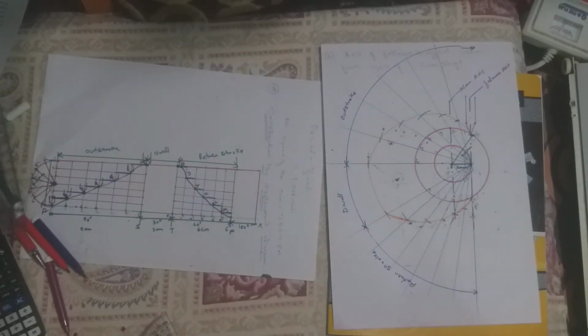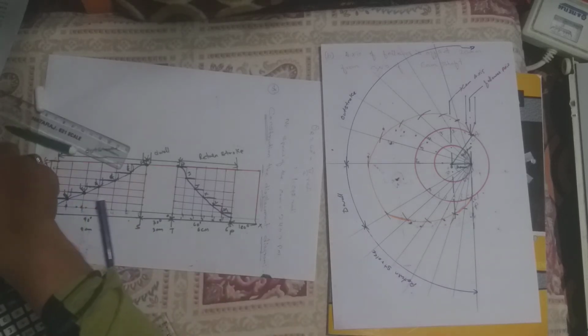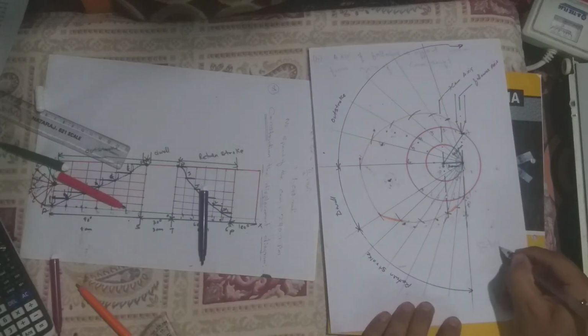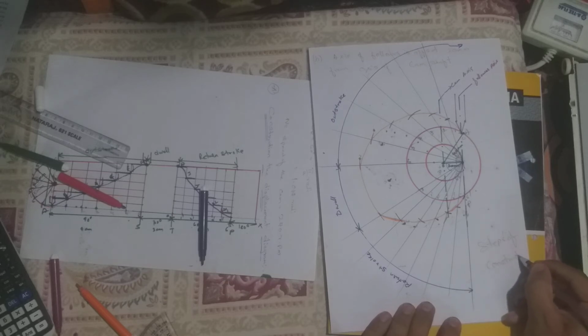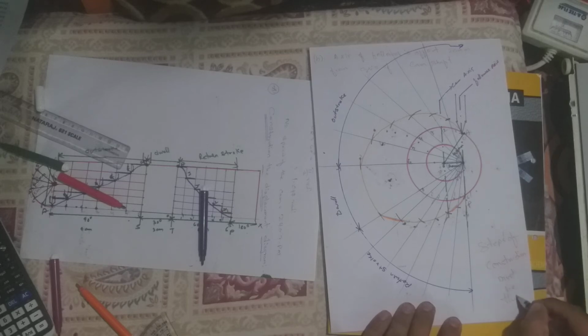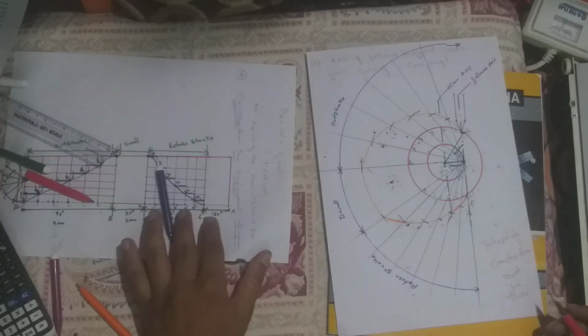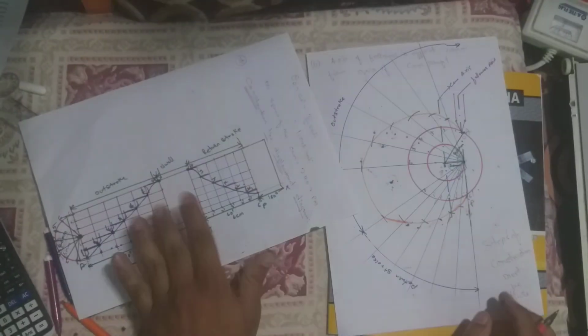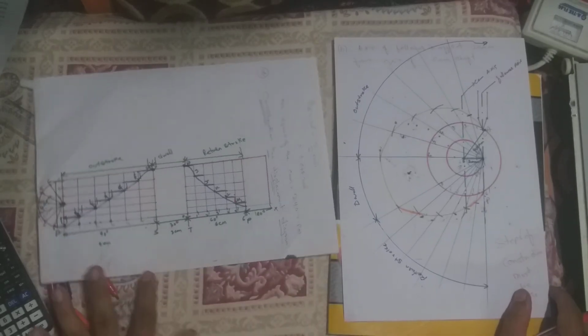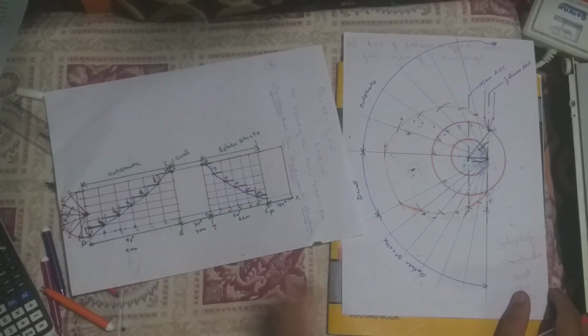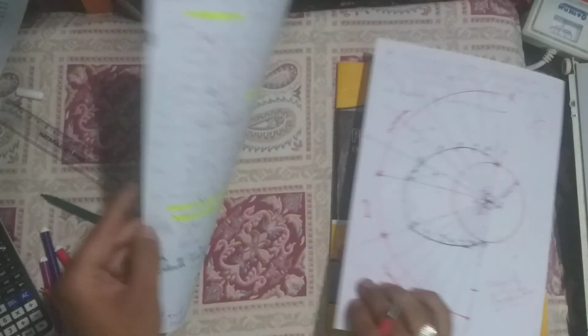So this is your axis of follower, offset by 20 mm from the axis of the camshaft. Here you have to write the steps of construction also. Steps of construction must be there. From the displacement diagram, from the first bit, second bit, you have to write the steps of construction, each and every one. You have to write, then only you will get the marks.